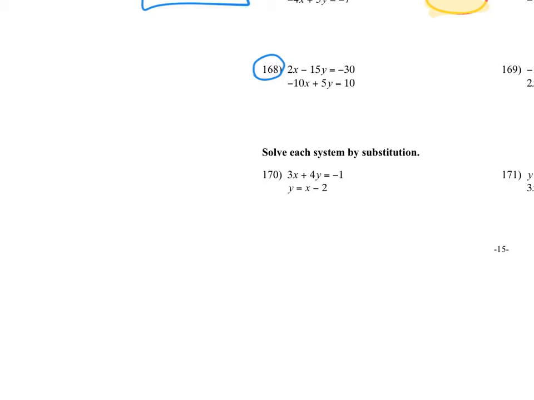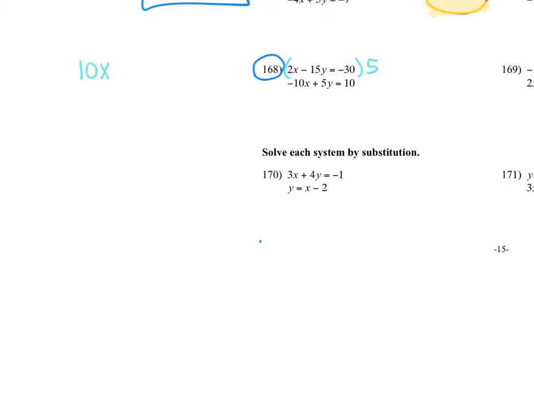So I'm going to choose the first option, which is multiply the top equation by 5. So I'm going to multiply this whole thing by 5, and that would make it, sorry, not 5, but 10x